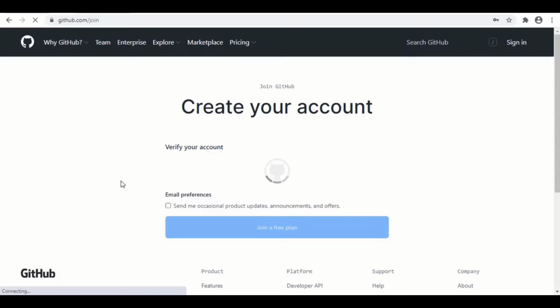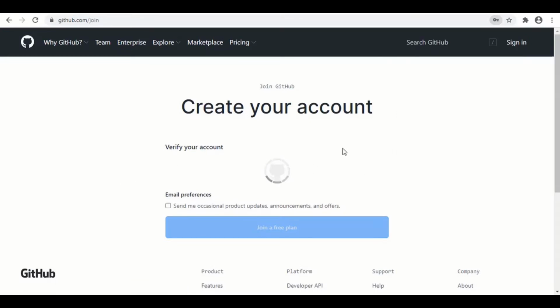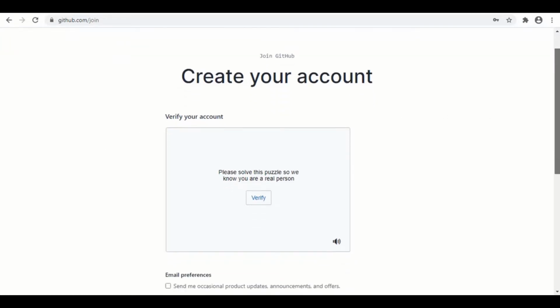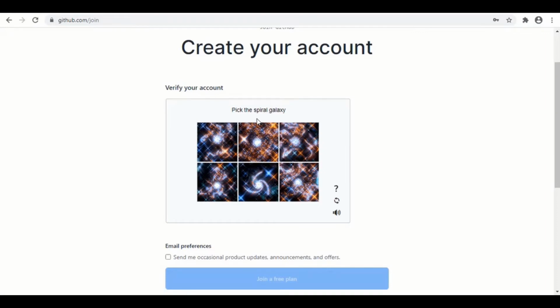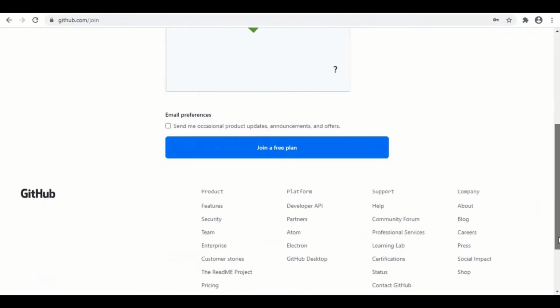So here your account is being created, asking to save the password. I am okay to go with it. Once your account is created, you will be asked to verify your account through email and also by solving a quick puzzle here, just to ensure that you are a human and not a robot. Here is a spiral galaxy selection puzzle. Just select this one and go. Done successfully. If you are interested in any updates, you can check this button here. And then let's move on with joining the free plan